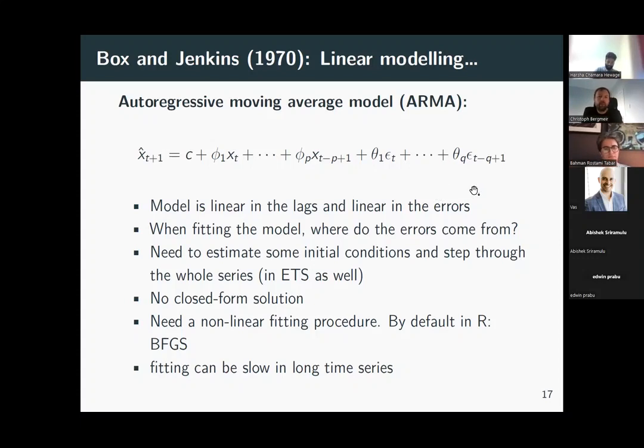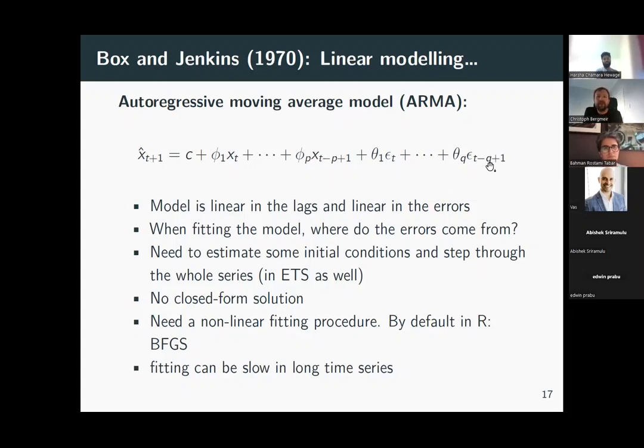And now people always say, well, this is a linear model. So in many papers, you would read things like, oh, these traditional methods are all linear, and now we do machine learning, which is not linear. Well, when I read this sentence, I'm always like, hold on. I mean, ETS even has exponential in its name, and it's not really linear. But if we now talk about linear, what does linear even mean, right? For example, this model that we're looking at here is linear in the lags and it's linear in the errors.